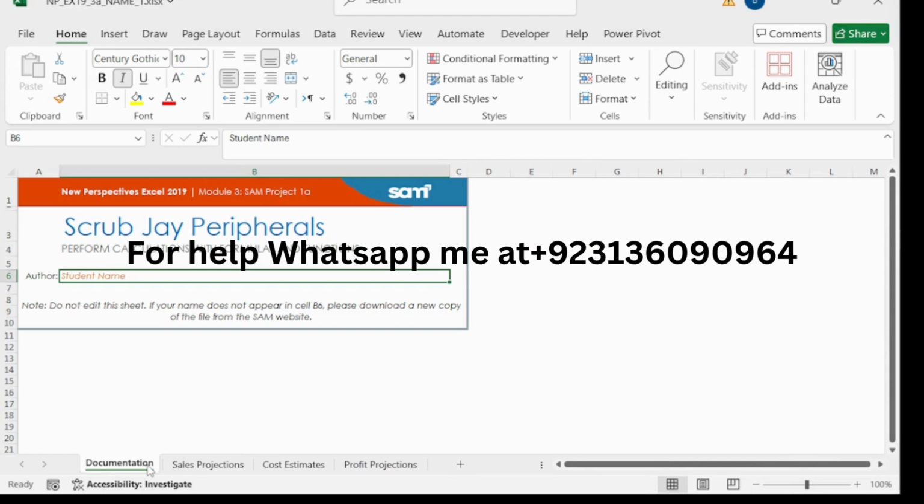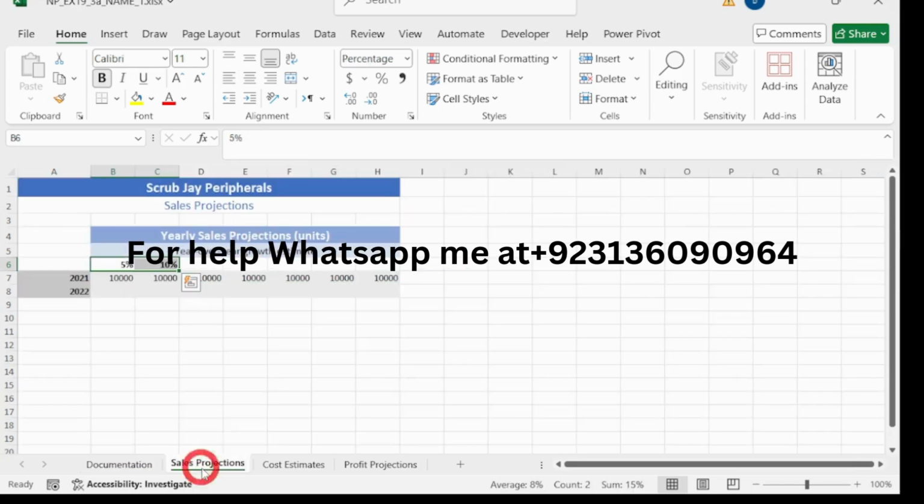Today I am going to solve Excel Module 3 SAM Project 1A. Our step number 1 is to switch to the Sales Projection worksheet. So switch to the Sales Projection worksheet and then extend this value to H6. So we have completed our one step here, and our step number 2 is use the value in the range